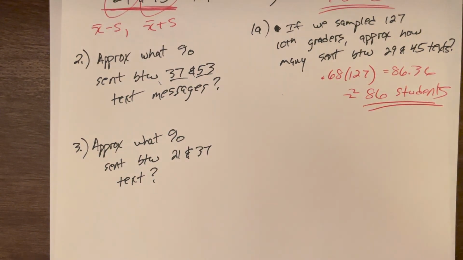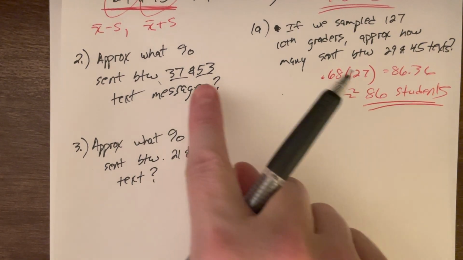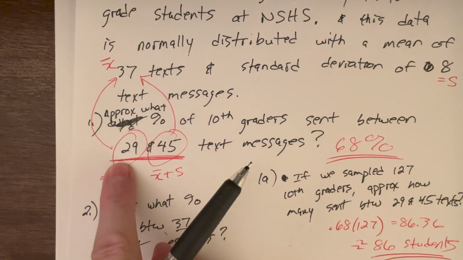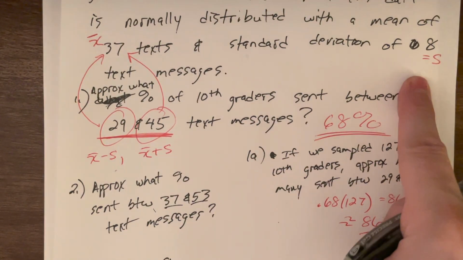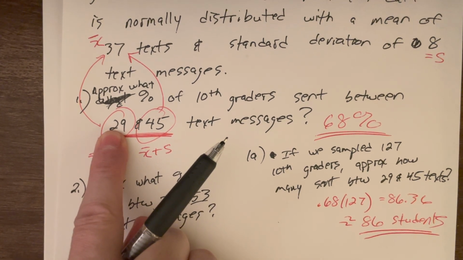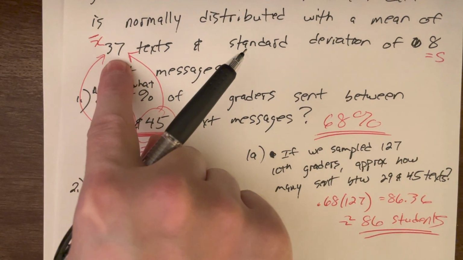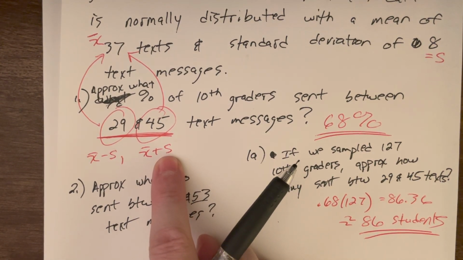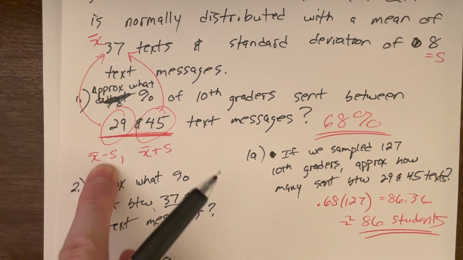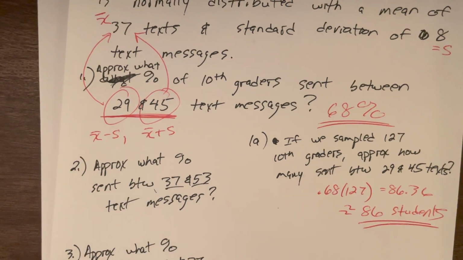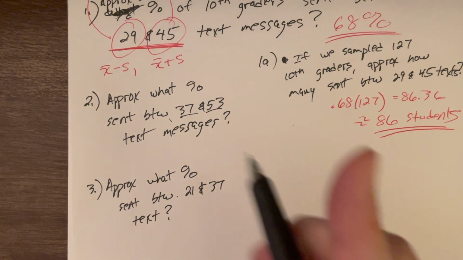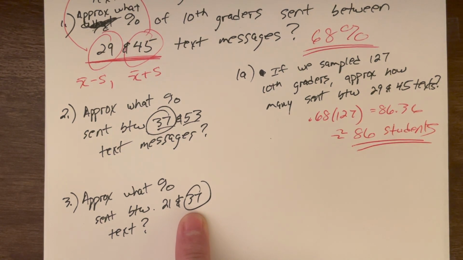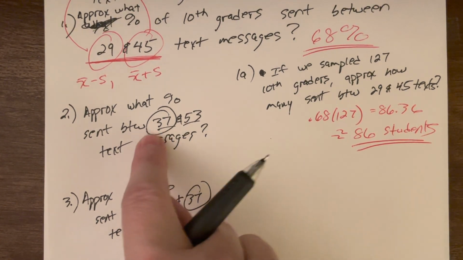I'm again looking at these two values. But what's different about number 2 compared to number 1? This one was below the mean, specifically 1 standard deviation below the mean. This was above the mean, specifically 1 standard deviation bigger. So we had the full spectrum, 1 standard deviation below to 1 standard deviation above. But in number 2 and number 3, one of the values given is the mean. So this is the mean. Well, let's just keep going to the next one.